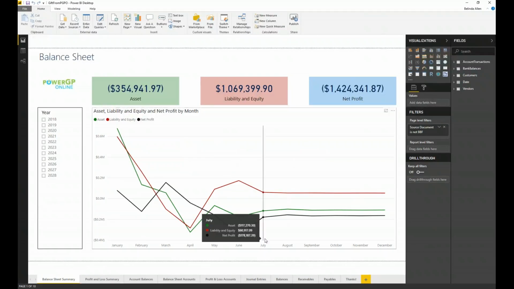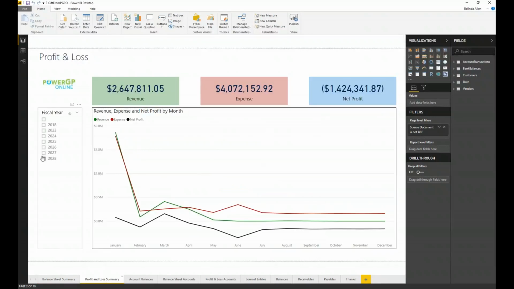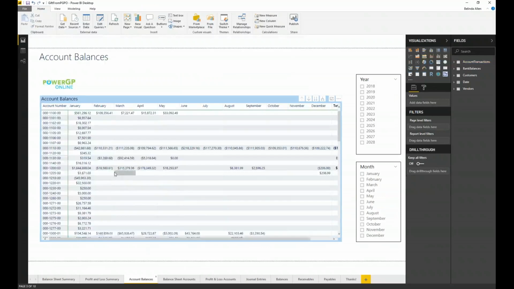This is kind of what the ending product looks like. Oops, that one's the balance sheet, but here's a profit and loss. We select a year, so you're looking at your years across as you go along. This is bottom line. And if you hover over any particular month, you're going to see those three numbers. That's what a lot of people are used to seeing. Now, account balances, I'm going to show you a couple different ways to look at account balances, but these are account balances based for each month of the year.